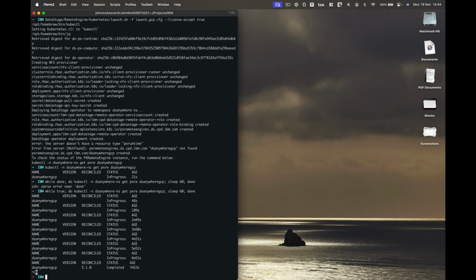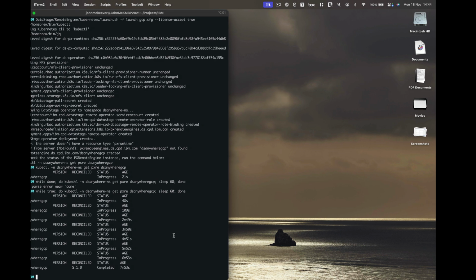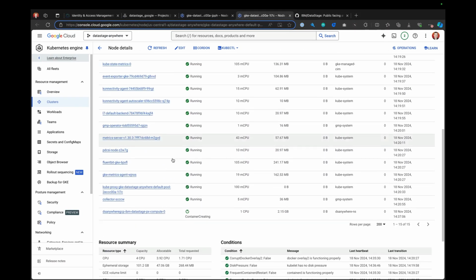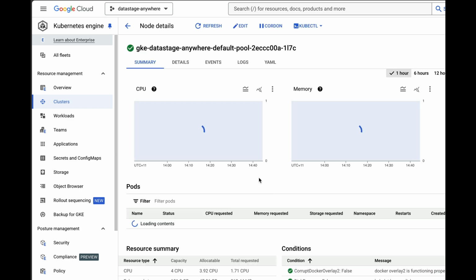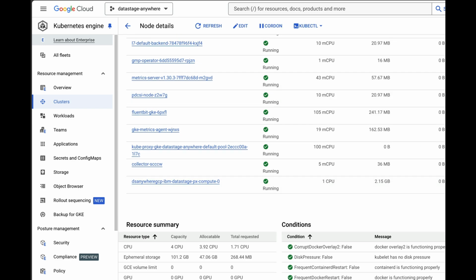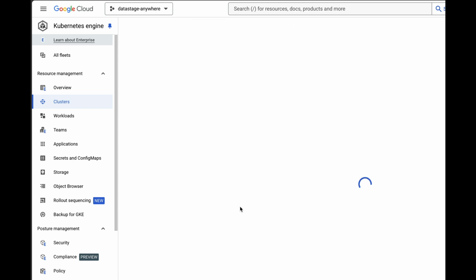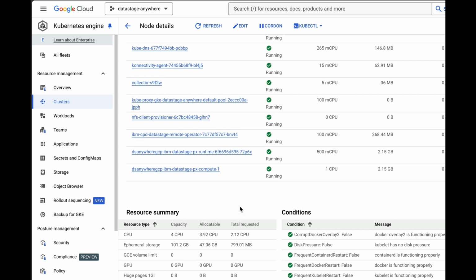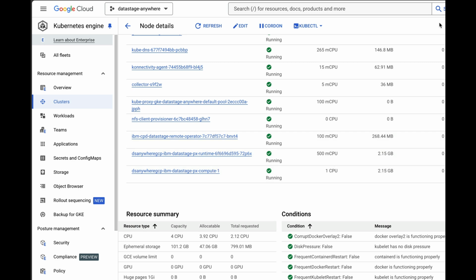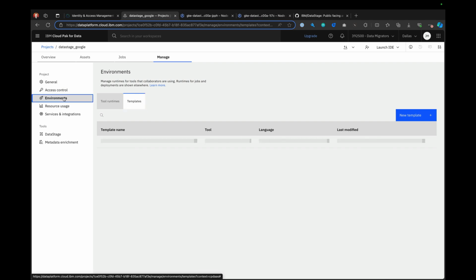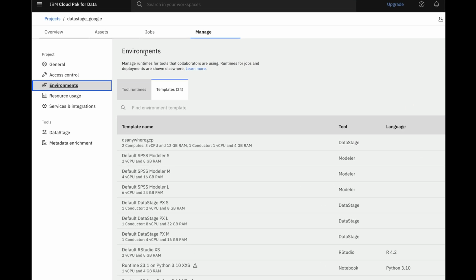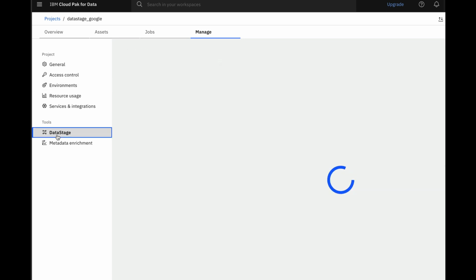Okay, so our command is telling us that pod creation is complete. So if we go over to here and just refresh our view, we can see that compute 0 is running and px runtime and compute 1 are running. But most importantly, if we go over to our Cloud Pak environment, we can see that now in our list of available environments, I have a DS Anywhere GCP template, which means I can go to my DataStage project settings